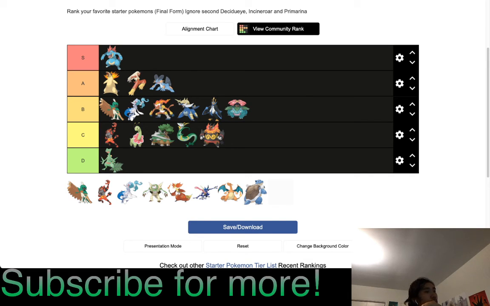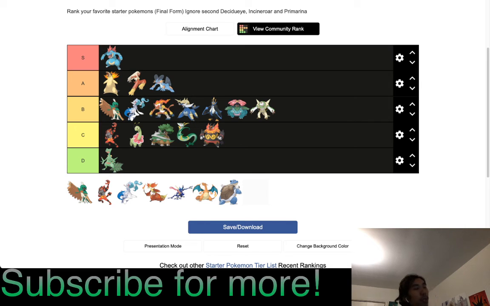Chesnaught, I like its concept, like spiky shield and grass fighting. It's kind of like an Emboar in a sense because it's a bit tanky, but I like its design personally. It looks pretty cool, the spikes and stuff. So yeah, Delphox,